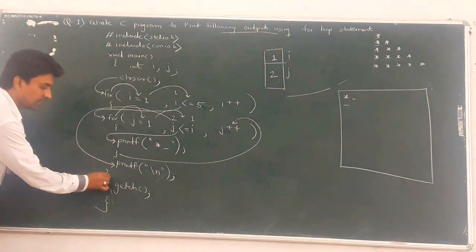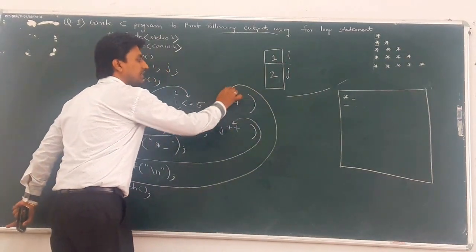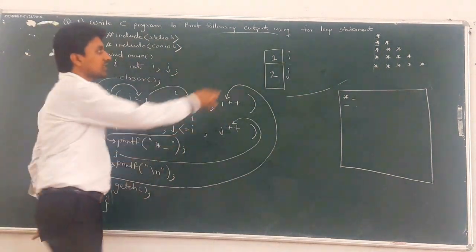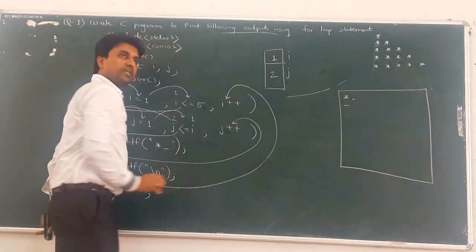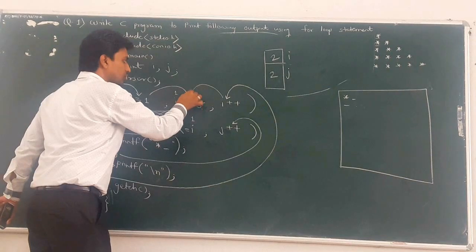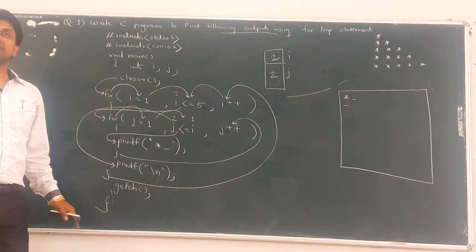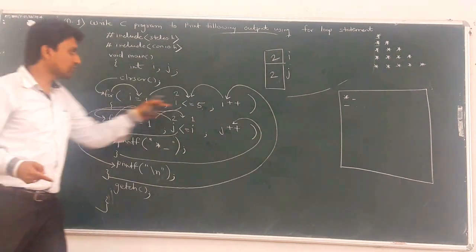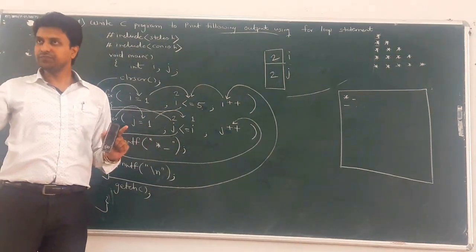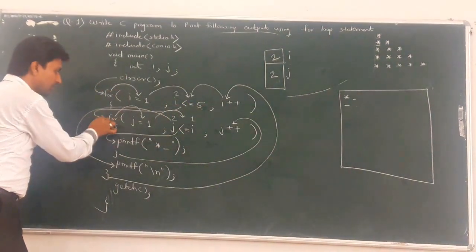After that, what is the completion of the outer for loop? The outer for reinitialization statement gets executed. What is i plus plus? What is the current value of i? 1. 1 plus 1 means it becomes 2, and that value is updated in RAM. So again 2 less than or equal to 5, condition true, which means now we can execute the second row. What does the outer for loop give you? The number of rows. And the inner for loop, for what purpose? The column value. Clear?